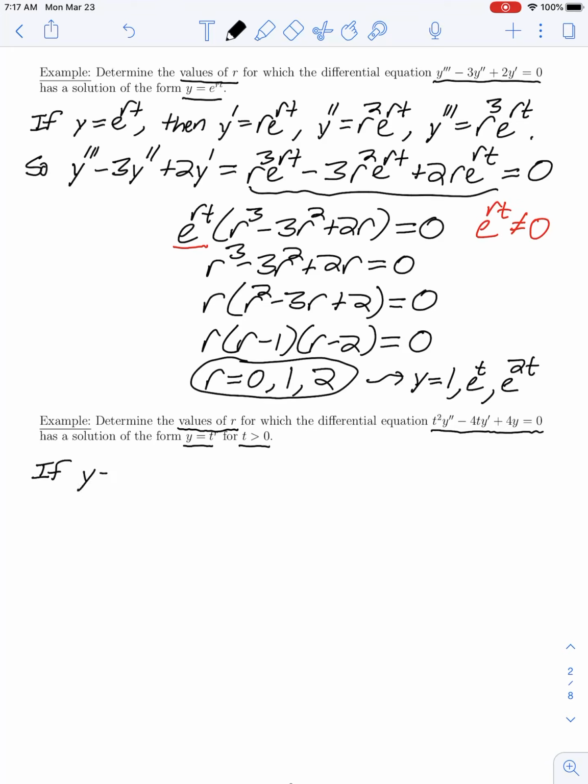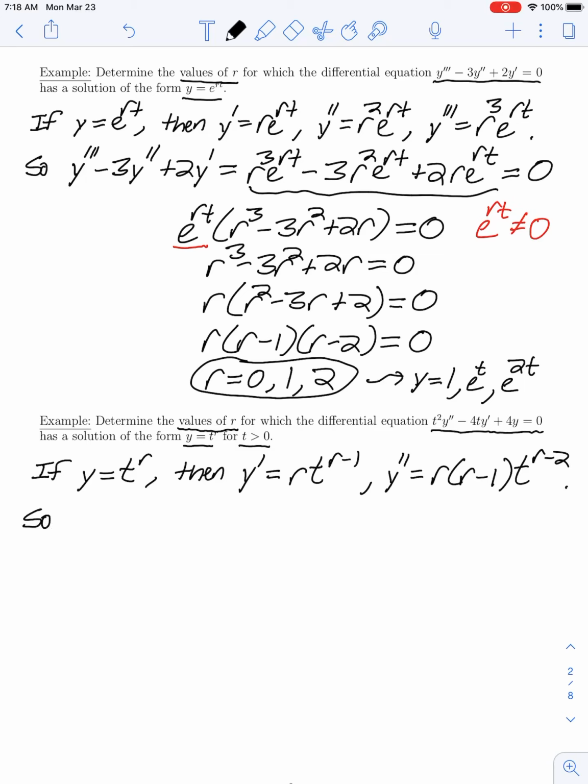So if our function is of the form t to the r power, then we find our first derivative, y prime, using the power rule, would be r times t to the r minus 1 power. And then our second derivative, y double prime, is r times r minus 1 times t to the r minus 2 power. So we're now going to take these expressions for our derivatives and substitute them into the given equation,